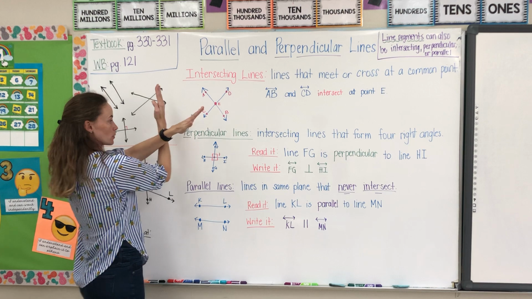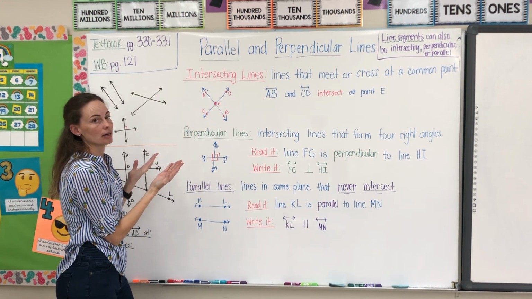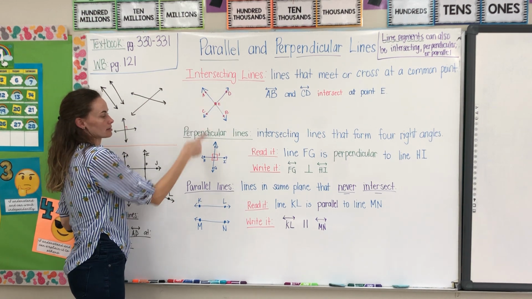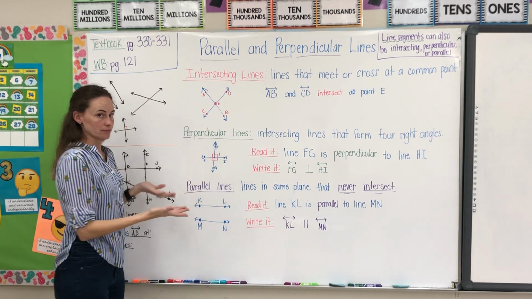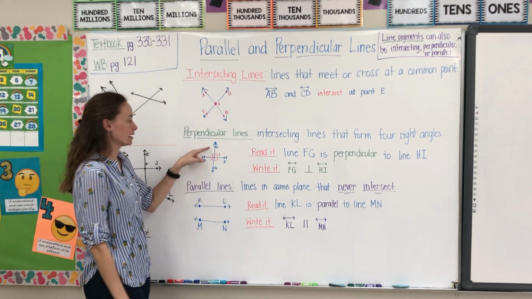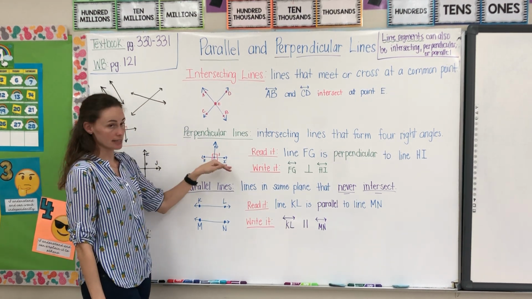If it's going sideways, that's not going to be perpendicular. That's just intersecting. See how this is like an X and this one is more like a cross. So that's the difference. So the way you would read it is you would say line FG is perpendicular to